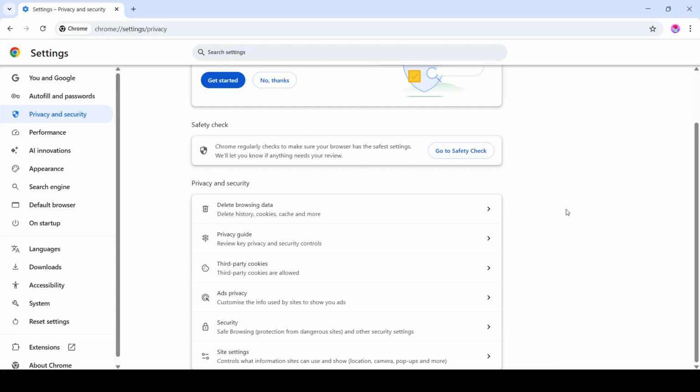This simple adjustment can make a big difference in maintaining your online privacy, especially in environments where multiple users share the same